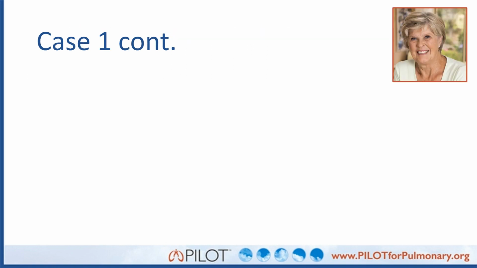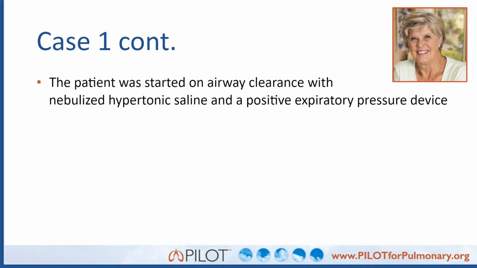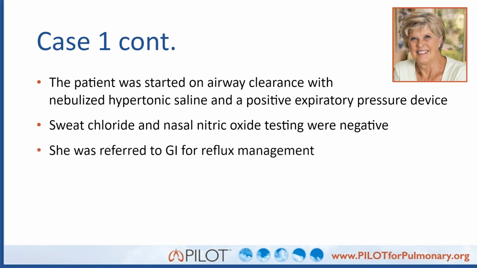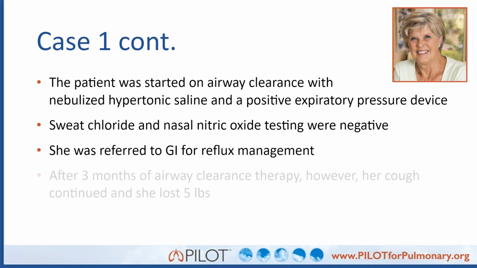Now, with our case, given that the patient had mild symptoms, had 2 cultures positive for MAC, but otherwise did not have many risk factors for NTM progression, the patient was started on airway clearance alone at the start, with nebulized hypertonic saline and a positive expiratory pressure device. She also underwent testing to look for underlying etiologies of the bronchiectasis. The sweat chloride test to screen for cystic fibrosis and a nasal nitric oxide test to screen for primary ciliary dyskinesia were negative. She was referred to a gastroenterologist for reflux management, and she continued airway clearance therapy